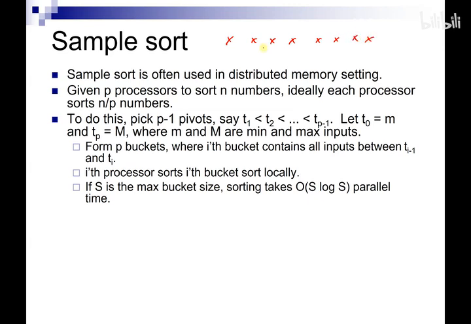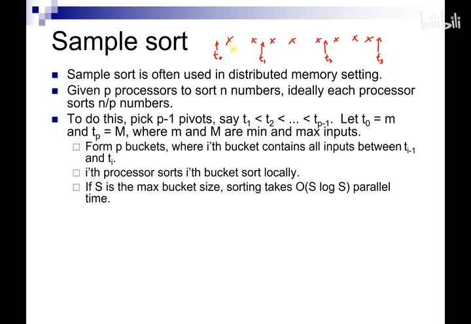Okay, so we're going to pick up a few of these pivots. We have a pivot which is equal to one of these smallest values. So this is a pivot, and let's say you got a pivot over here, and let's say you got a pivot over here, T2, and then you got a pivot over here, T3. So you see that we have p plus 1 of these pivots in total, and you see